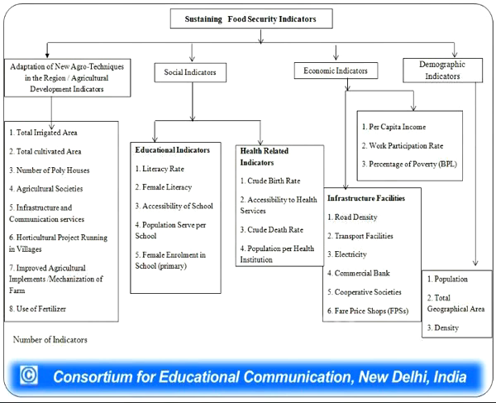And then we also have to look at food security schemes, like welfare schemes. So, infrastructure, if you consider, includes the road, transport, electricity, commercial bank, cooperative society, fair price shops,